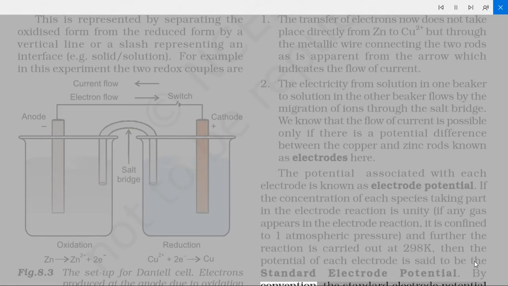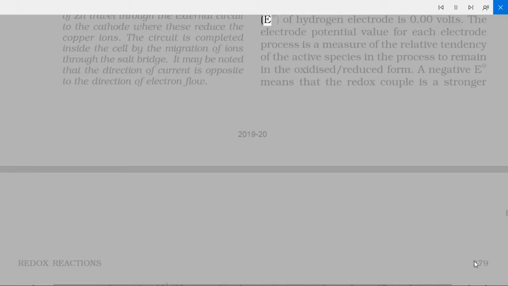By convention, the standard electrode potential, E°, of hydrogen electrode is 0.00 volts. The electrode potential value for each electrode process is a measure of the relative tendency of the active species in the process to remain in the oxidized/reduced form. A negative E° means that the redox couple is a stronger